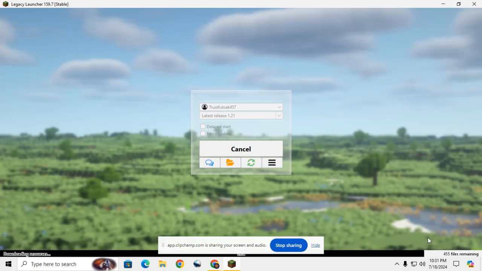Okay, so guys, only 455 files are remaining now. It's 440, and gradually it will come to zero, and then our launcher will start. So guys, this launcher was called, I think, Glacy launcher, but they changed it to Legacy launcher.